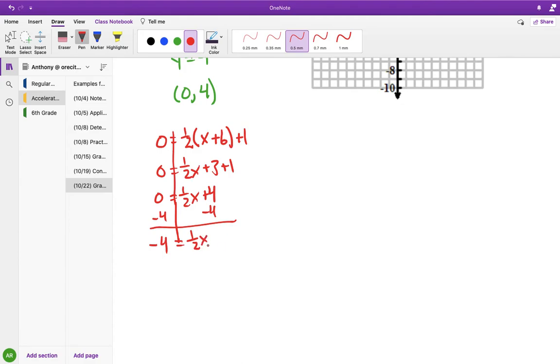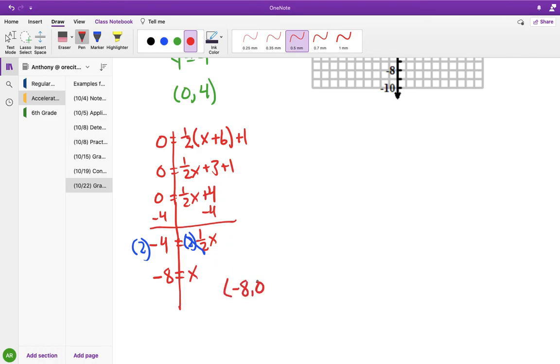I can cancel out the 1/2 by multiplying it by 2. 1/2 multiplied by 2 is 1, so that will eliminate. I'm going to slide it over just a little bit so you can see it better. So 1/2 x, if I multiply both sides of the equation by 2, cancels out and I'm left with 1 over there. And then I'll have -8 on the other side. So I'll have -8 equals x. That will give me the coordinate once again,